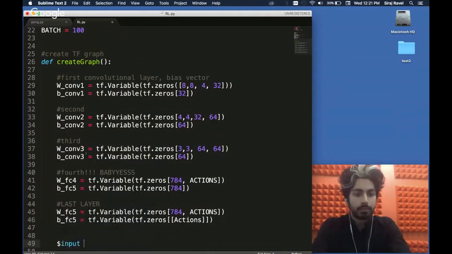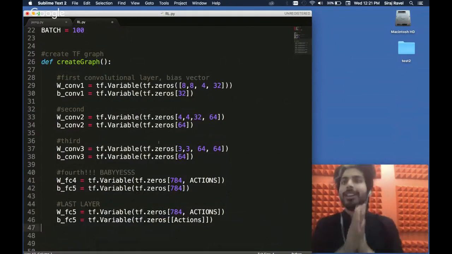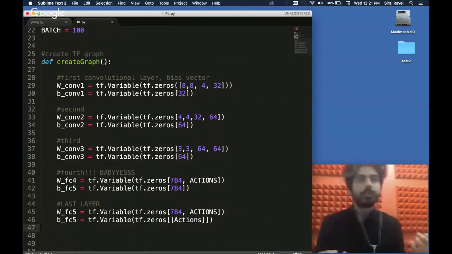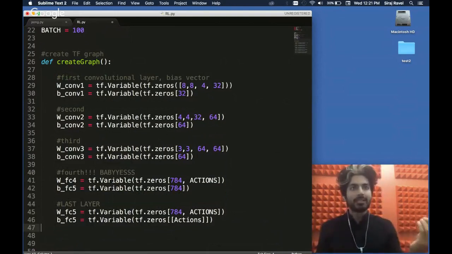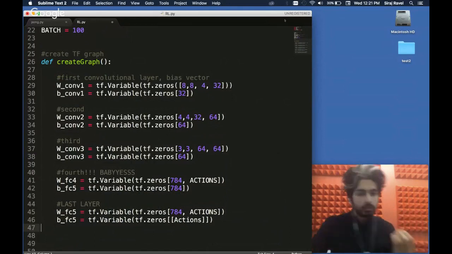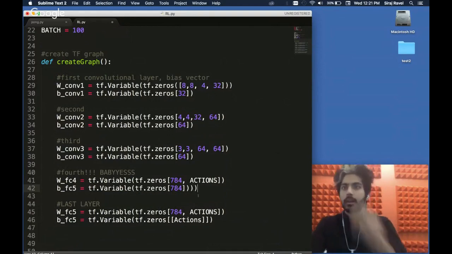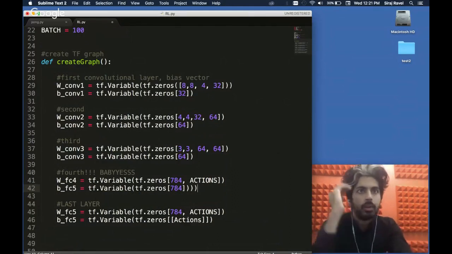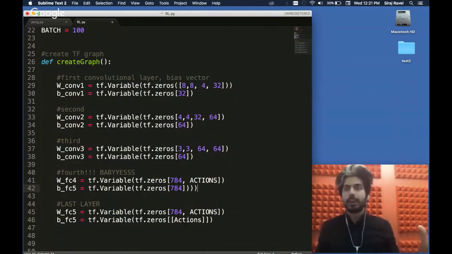And then we want our input. Okay, so what happened here? We created 5 layers, and for each of them we defined a size, an input size. Thank you, parenthesis there. So we define the size for each of these layers.